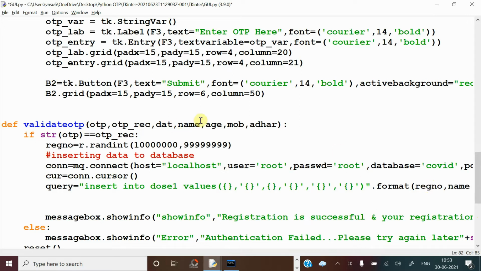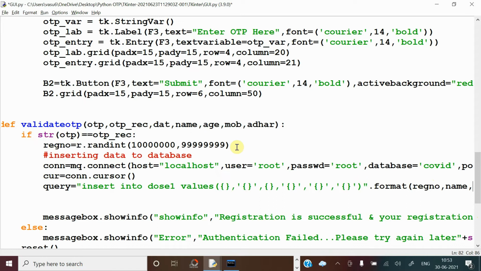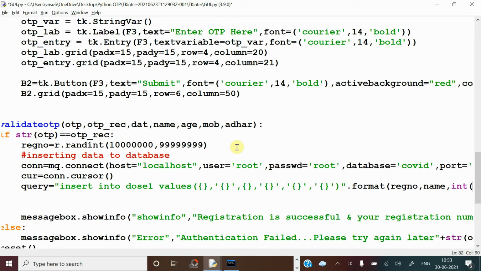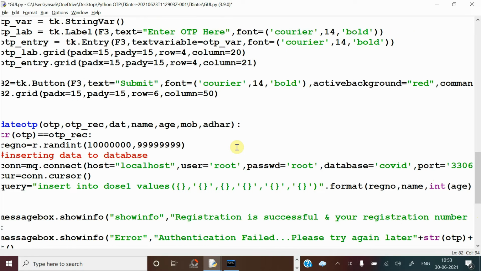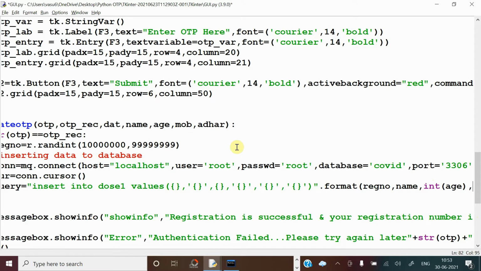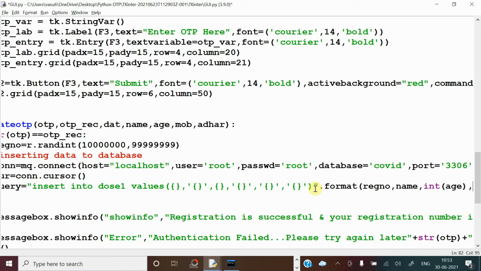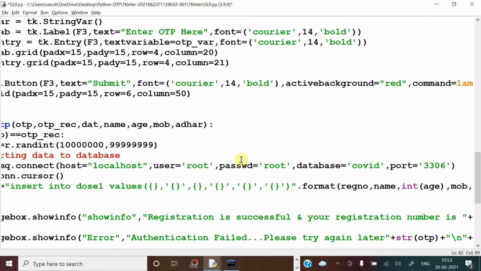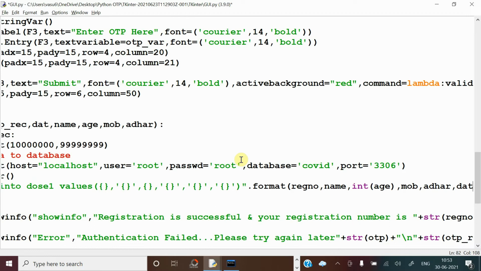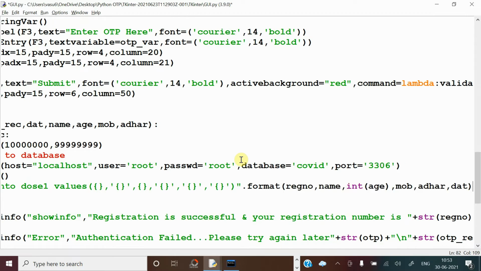Whatever you are receiving as a parameter, that should be kept here. And next one is age as an integer, so int of age. I'm converting it into the integer type. And after the age, the next things are mobile, Aadhaar and date, all of which are strings. So mob, Aadhaar and date. So my SQL query is ready.